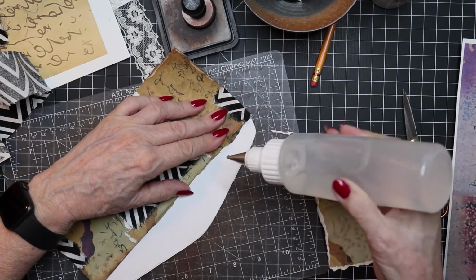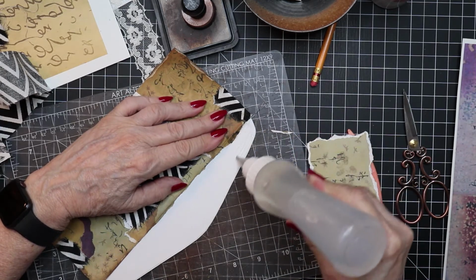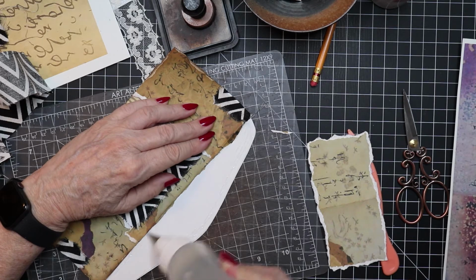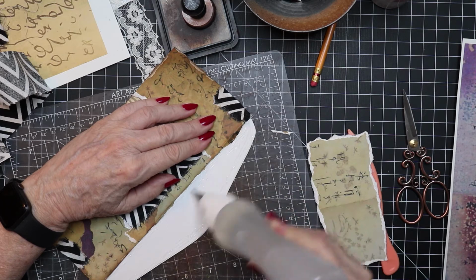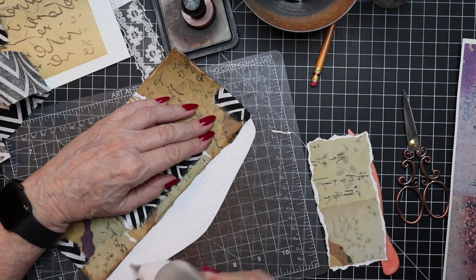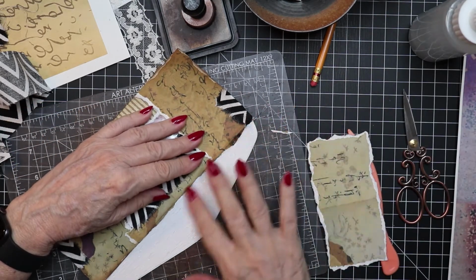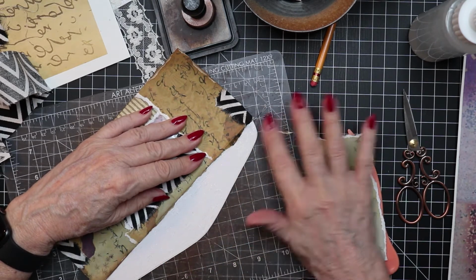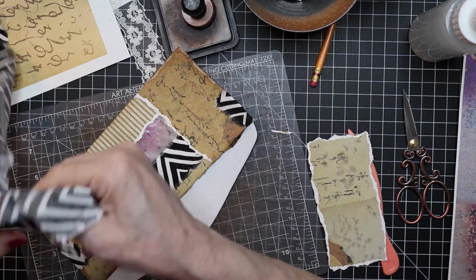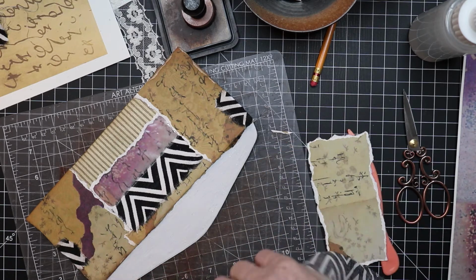So I'm just going to use the flap itself as a pattern. Put my glue all over the back or the top of the flap. I'm going to smooth out some of that glue because I don't want globs of it bleeding through the fabric. So I'm going to come in now and